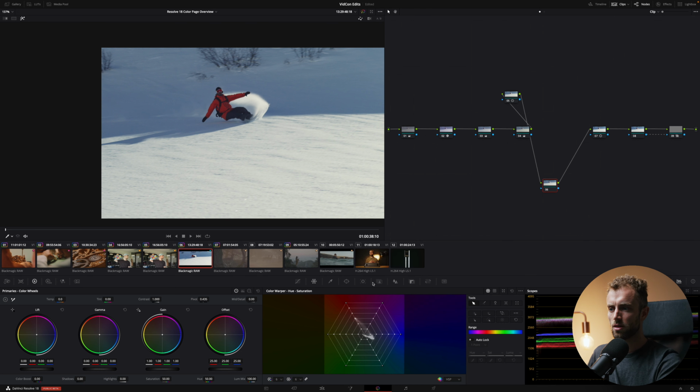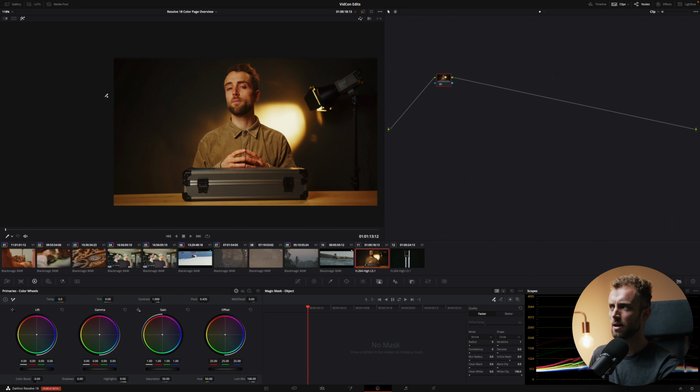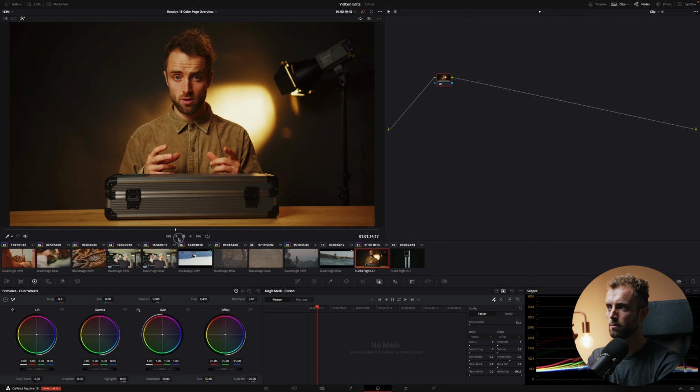So the next thing is our magic mask. Now this is where it gets interesting. In this example, I used the person magic mask to create a sort of mask around myself and put text behind me.